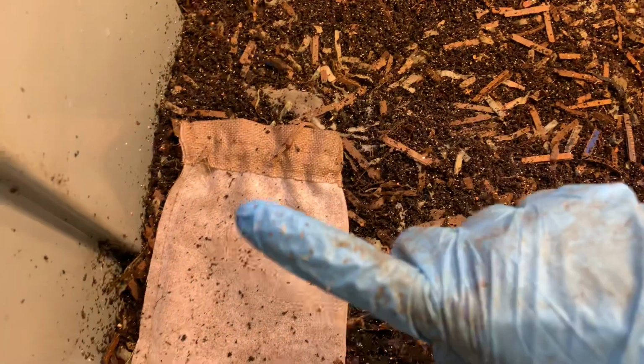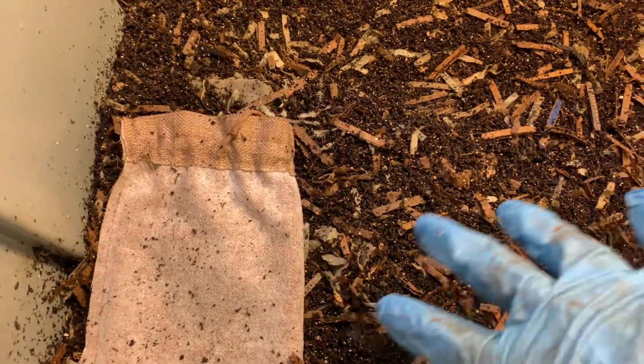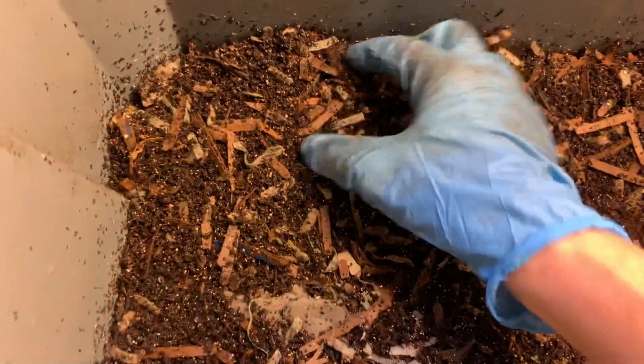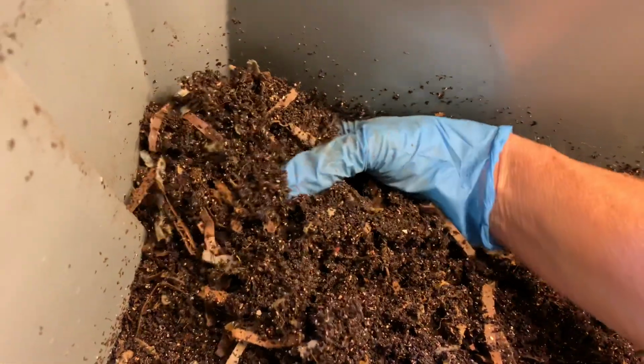So, we fed a whole mango here. And if you recall, I said that I will check that feeding and the last week's feeding to see if the food is gone before I give them another feeding. This way we will not overfeed the bin. But before we do that, I want to